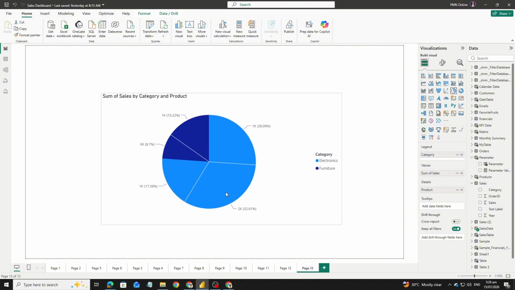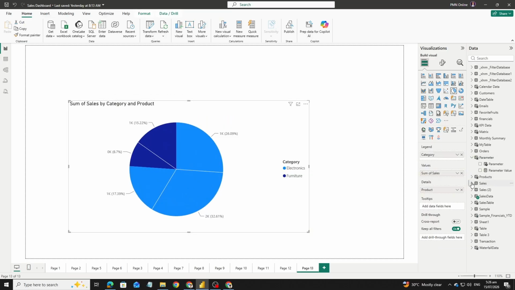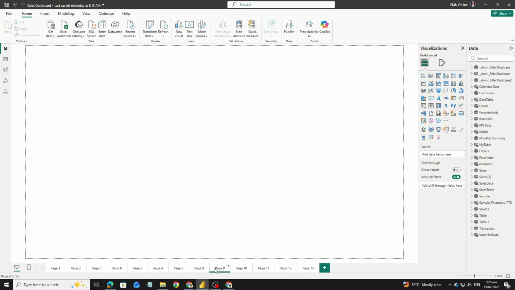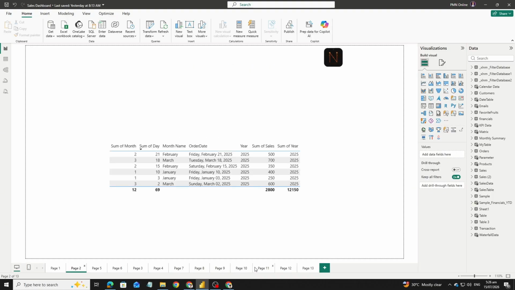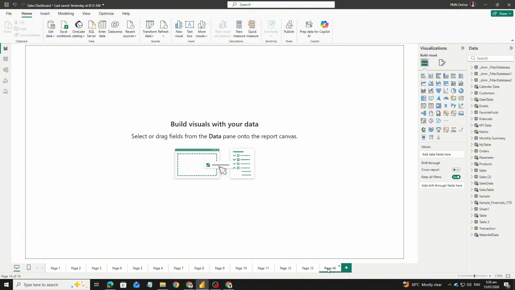Whether you're preparing reports for an international audience or aligning your data with local standards, knowing how to change the currency symbol can make your reports look more professional and relevant. By the end of this tutorial, you'll be equipped to adjust the currency symbol to perfectly match your needs. So, let's get started. Imagine you're working with a basic dataset in Power BI, maybe something like sales, expenses, or